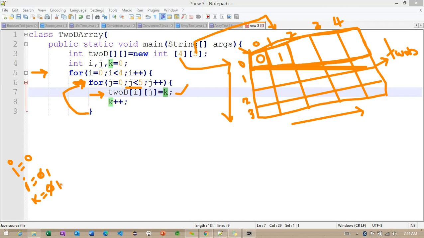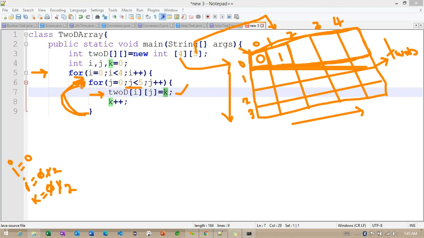We are coming back to the below line. K value is increasing, and the same way J value also increases here. Even though the J value increases, again we are checking the same loop only. Still we are inside the nested loop. The J value will become 2. 2 less than 5, the condition is still satisfying.